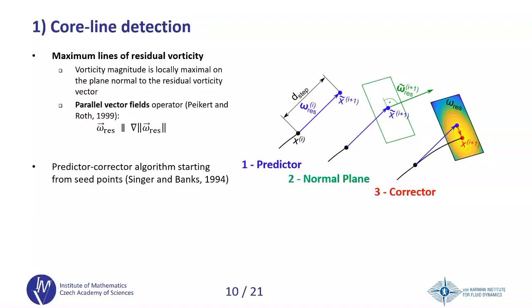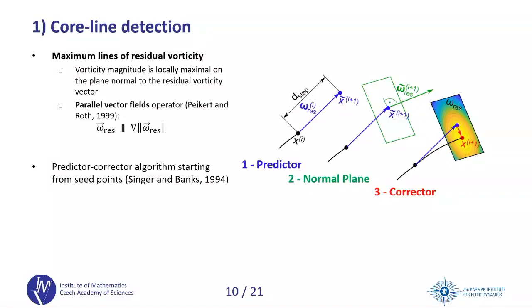Because you are stepping along the core line. So in this way you are able to filter out some low quality structures and basically keep only the high quality structures, the vortices that are really relevant, without having some noisy results. And I also wanted to mention that this definition of this maximum line of residual vorticity can also be expressed